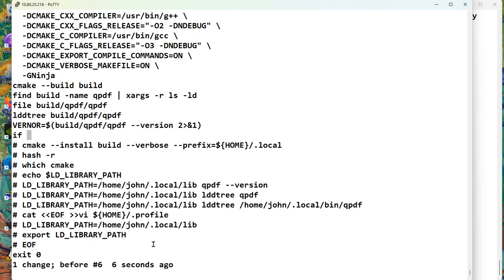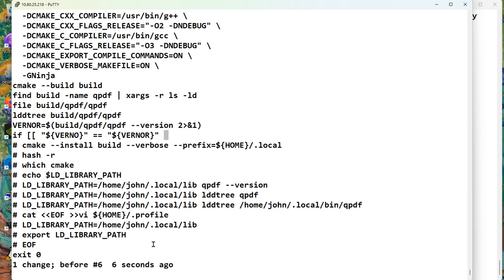And now we can do an if, and we have to use a double bracket because we're going to do a string and not a file or anything like that. And so we have to, there might be spaces, right? So we're going to say if Verno is the same as Verno R,